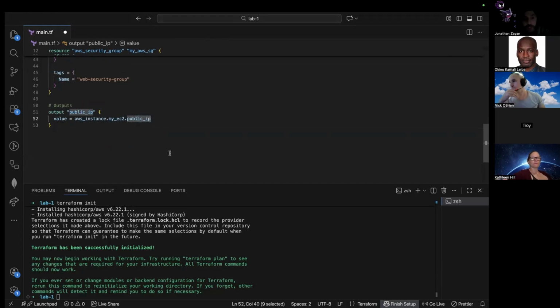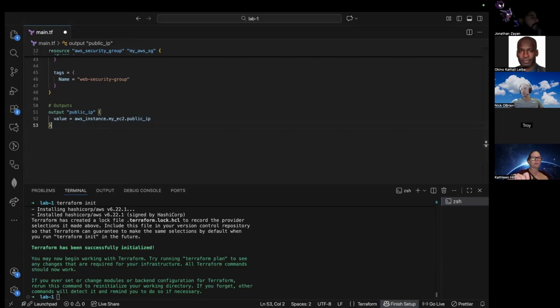And then we need a public IP, which is going to pull that in from the AWS instance. So this is essentially saying, within the instance that we described, we're going to have our own EC2 that we've already defined. And then what's the public IP of that? That's what our output is going to be when we actually run this.